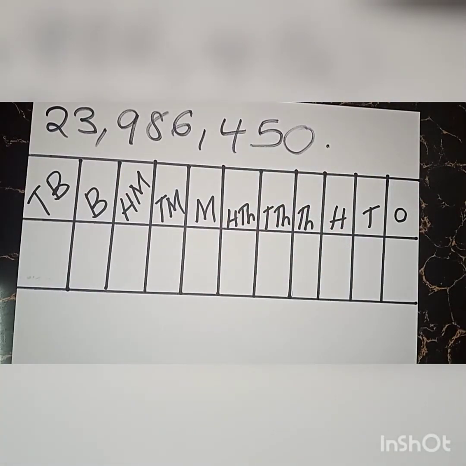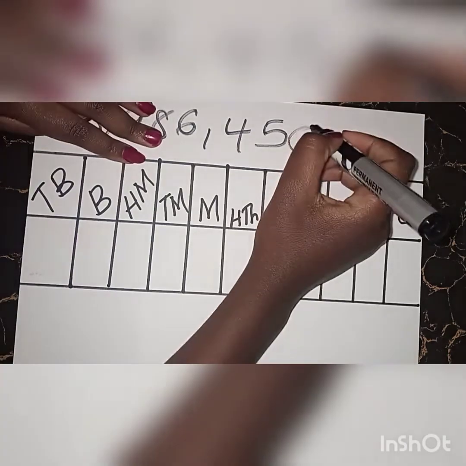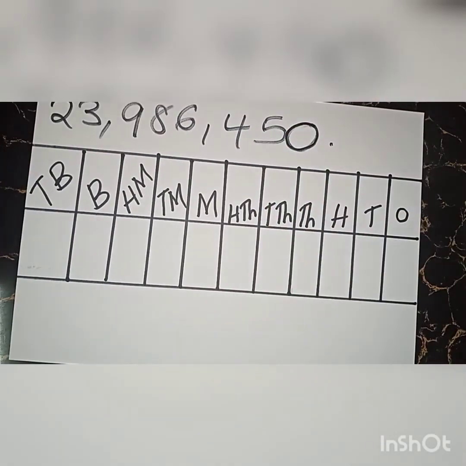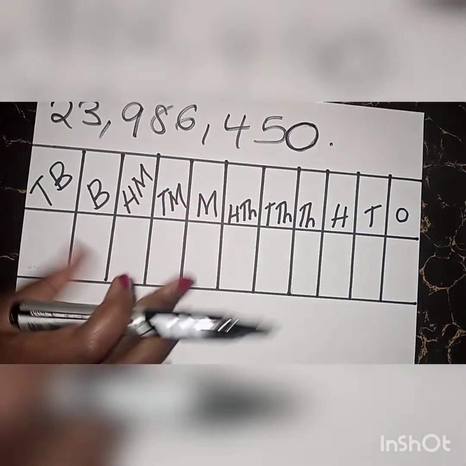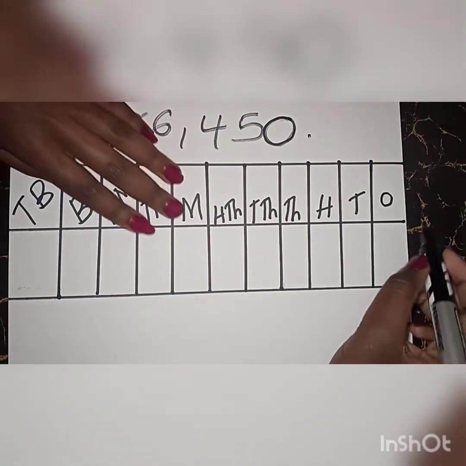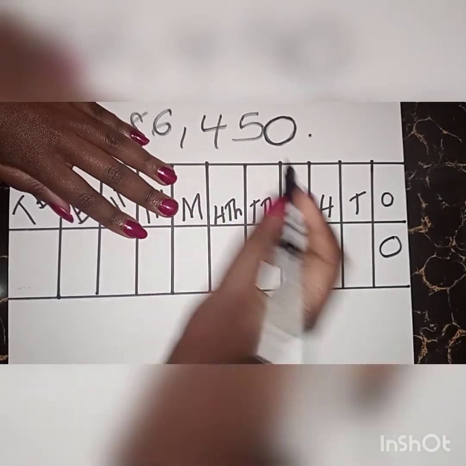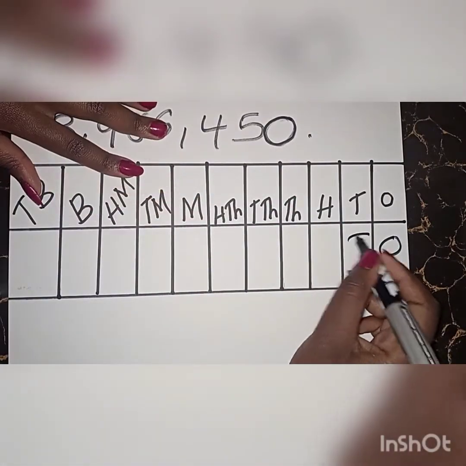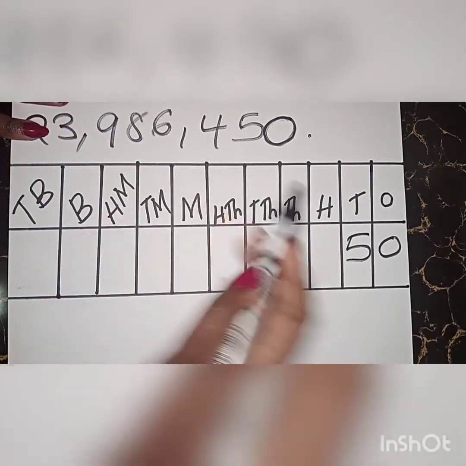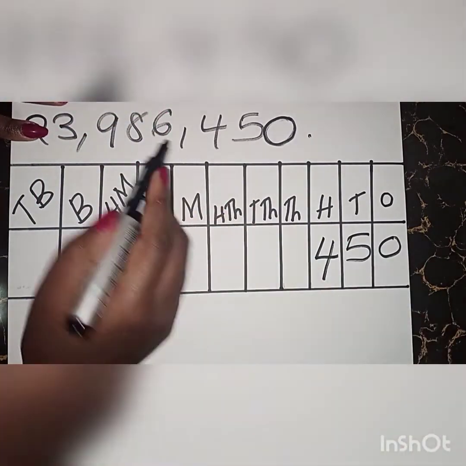Okay. So here in this question, we can see that zero is in the ones place, 5 is in the tens place, okay, 4 is in the hundreds place,